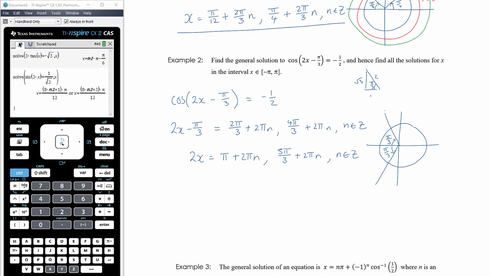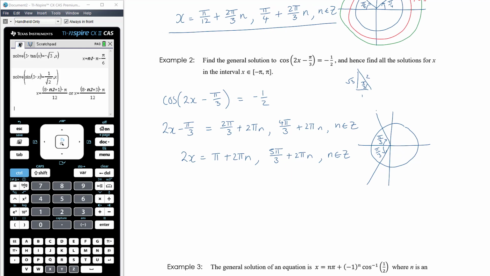And then we need to divide by 2, so again, like we did in the previous example, we're looking at the equation. If we want to divide the left-hand side by 2, we have to divide the entire right-hand side by 2, which means we get pi on 2 plus pi n. Okay. Alright, so we're going to have x equals pi on 2 plus pi times n,